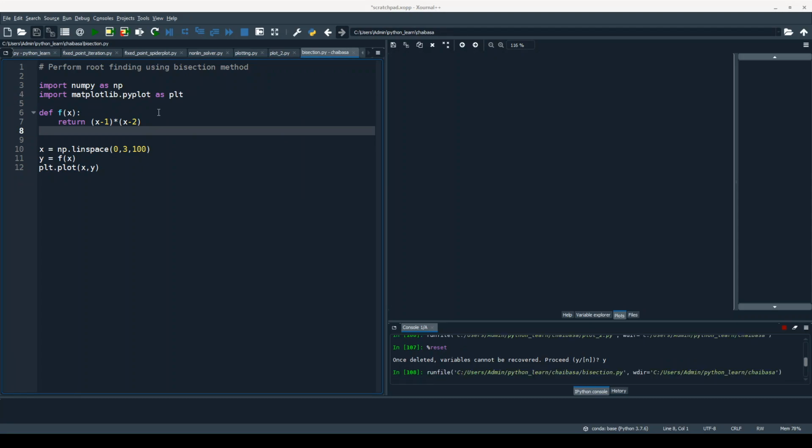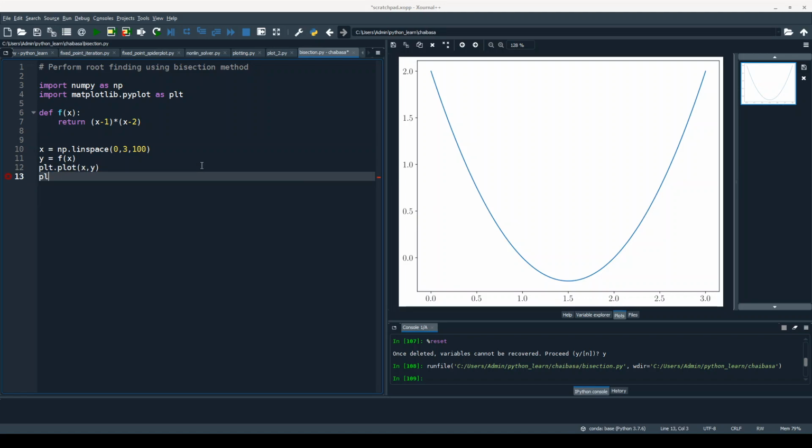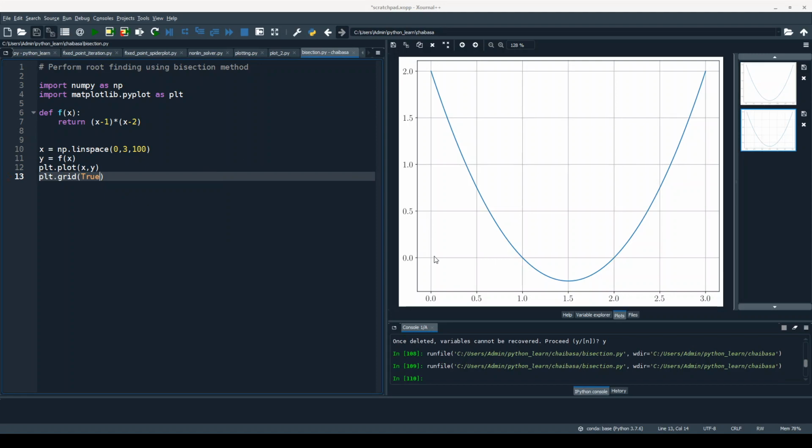Okay, so let's plot this. Let's draw the grid as well, so plt dot grid true. So where does the function become 0? At x equal to 1 it becomes 0, and at x equal to 2 it becomes 0. So we know this, it's a very easy example to see, and the reason I chose this example is because we can easily see whether the program that we are writing is converging or not.